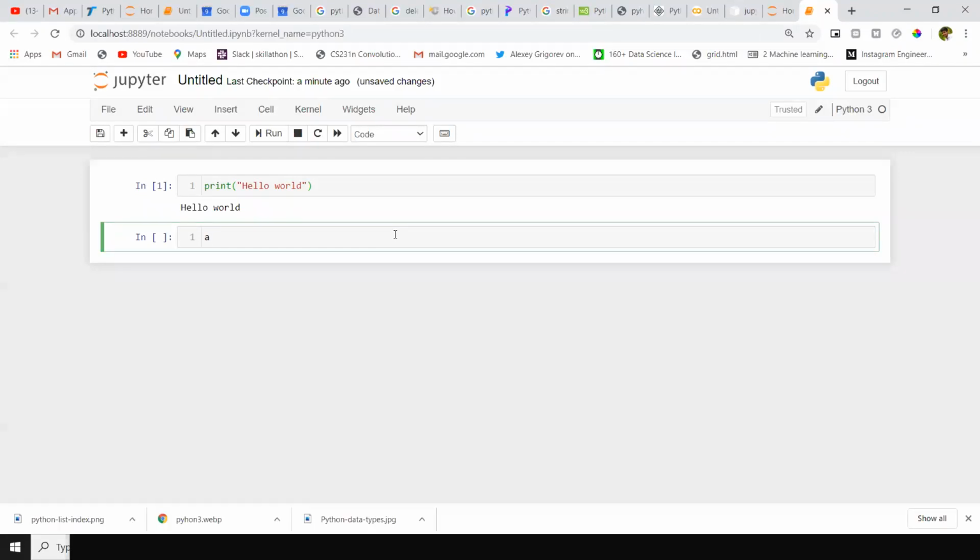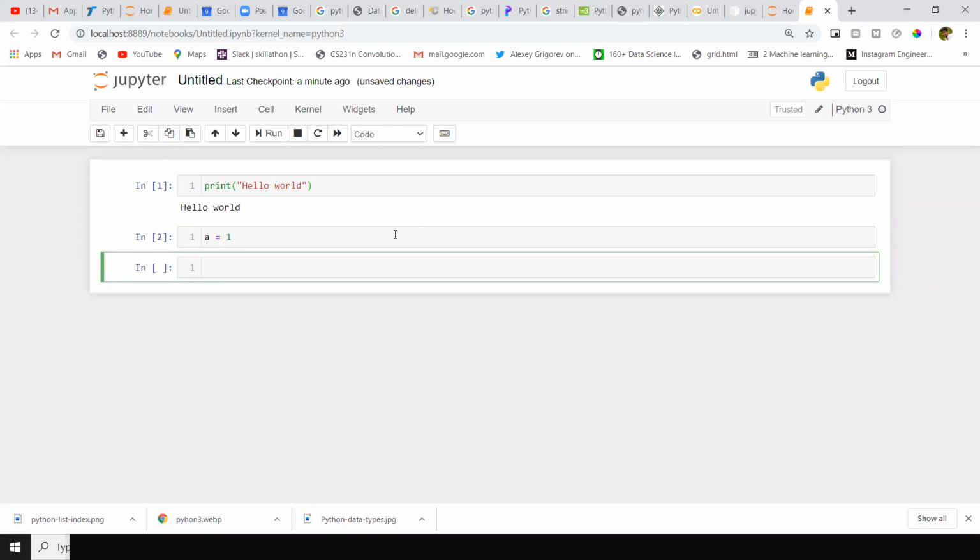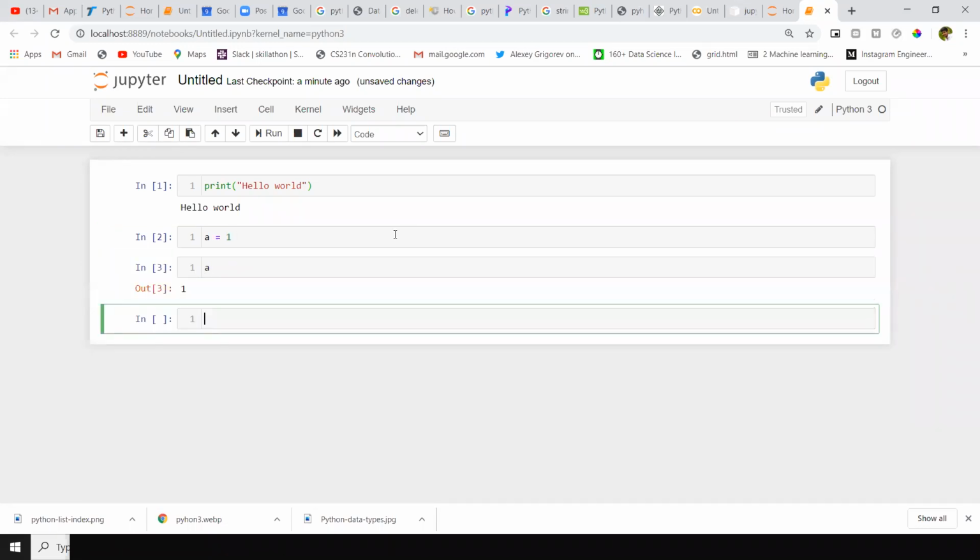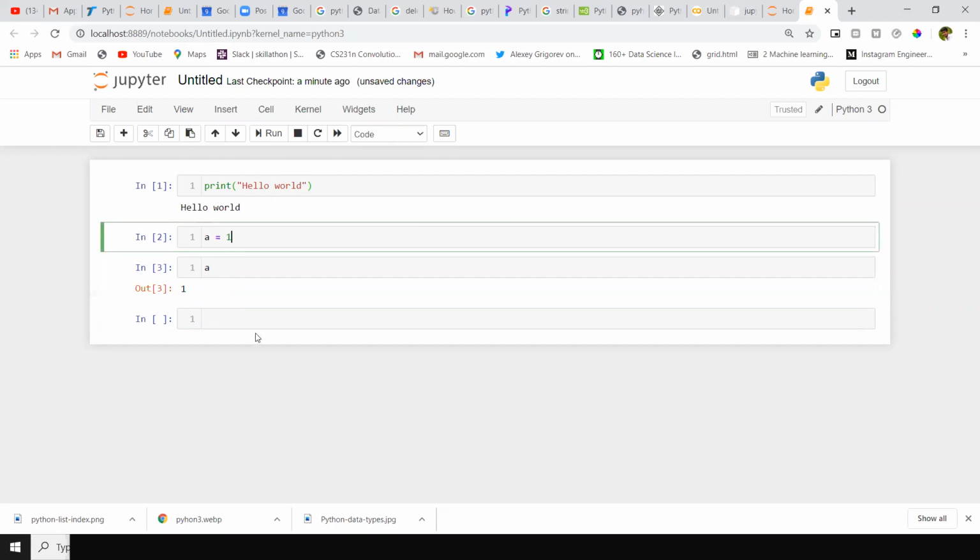Suppose I want to initialize a variable a with a value of 1. I will write a equal to 1. Enter. Now a has a value of 1. This means a is a variable having a value of 1.